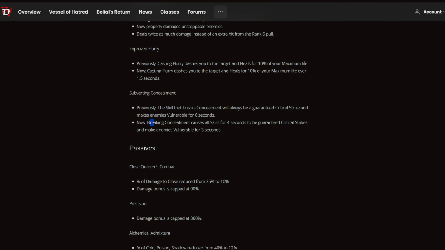Interesting change on Concealment, because now Concealment, if you break it, it causes all skills for 4 seconds to be guaranteed critical strikes and make enemies vulnerable for 3 seconds. This seems like a huge buff. So you don't have to spam Concealment. You only have to use Concealment every 3 to 4 seconds, and then you have guaranteed critical strikes, which is